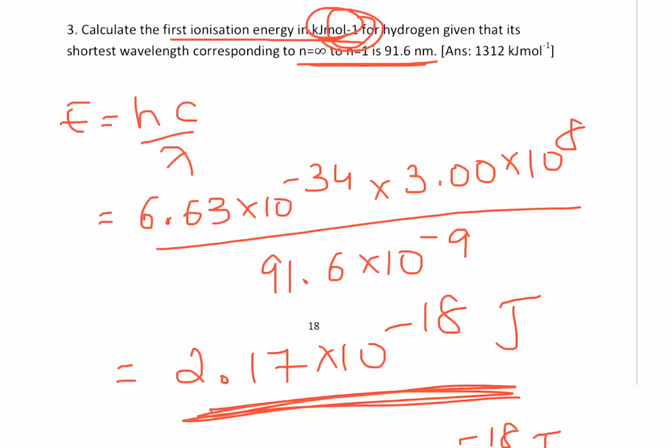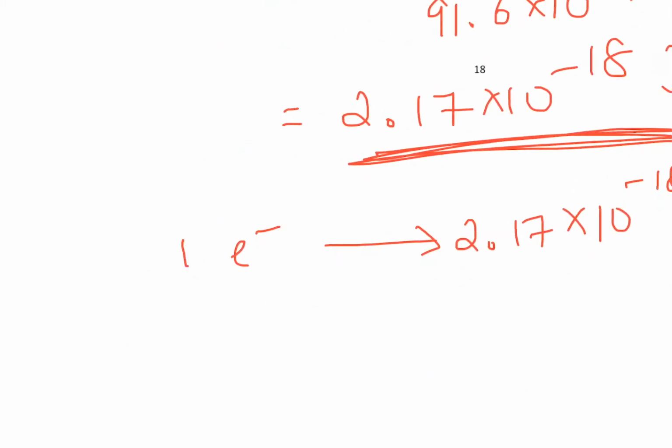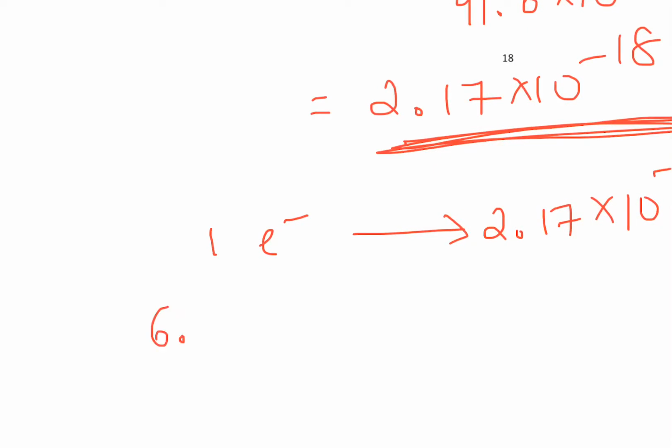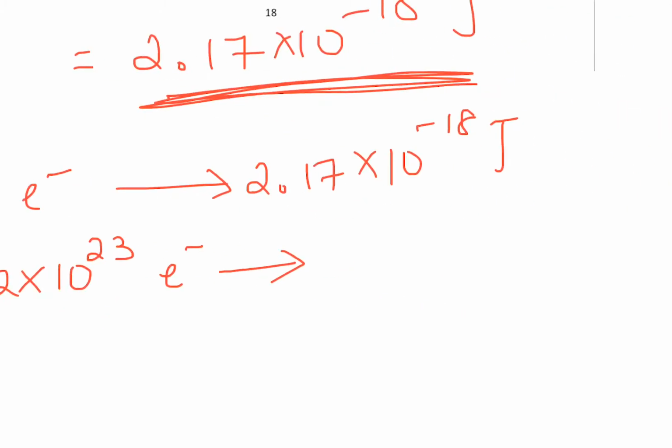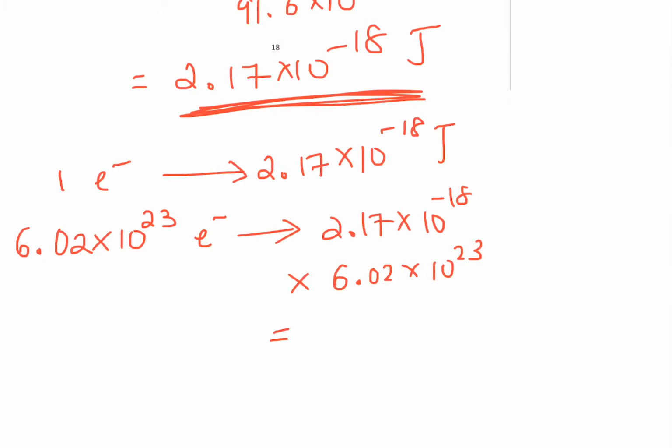I need it for 1 mole. So 1 mole is how many electrons? It's 6.02 times 10 to the power of 23 electrons. So 1 electron requires this amount of energy. So 6.02 times 10 to the power 23 electrons, which is present in 1 mole, would require